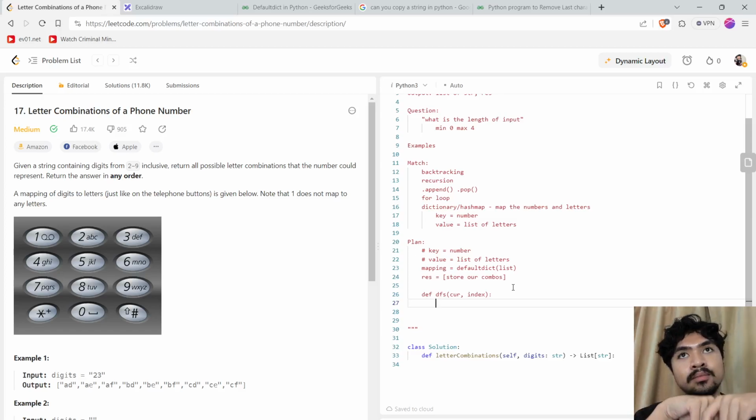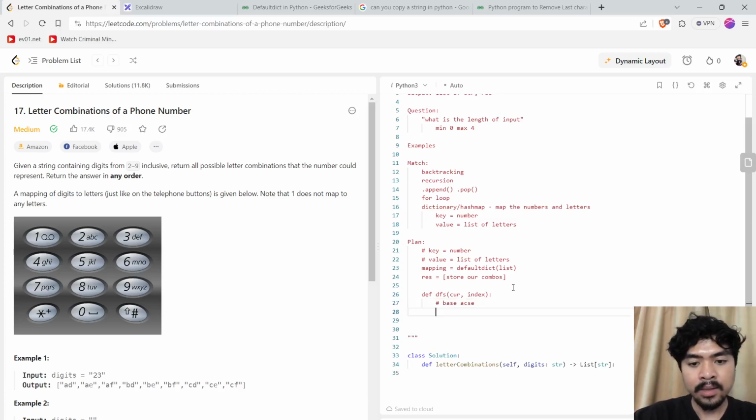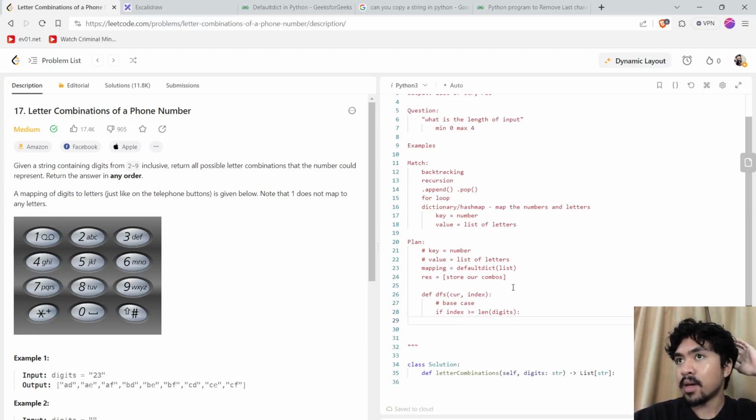So we're in that first search where we want to do our base case. So the base case is that once we find our answer, there's never a case where we don't find our answer. We'll always find our answer. So if index is equal to, or it can be more than or equal to, just to be safe, the length of digits, then it's safe to say that we have